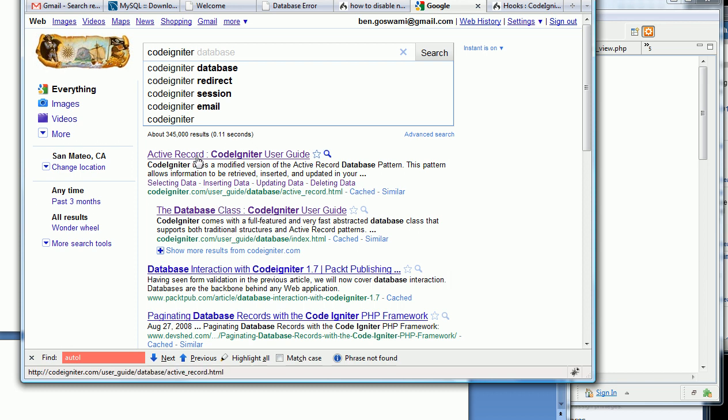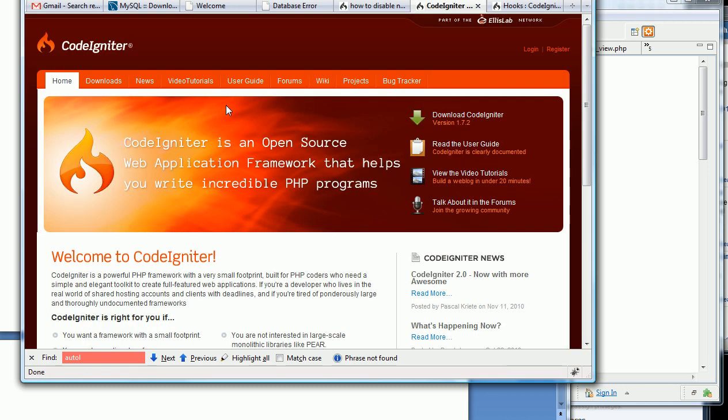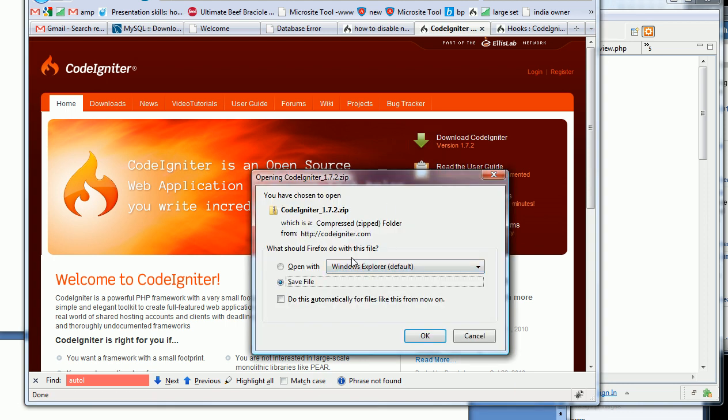So CodeIgniter, click on the URL, and then you should go to the CodeIgniter home, and then download CodeIgniter 1.7.2. It's a good and light framework. So when you download it, now CodeIgniter,